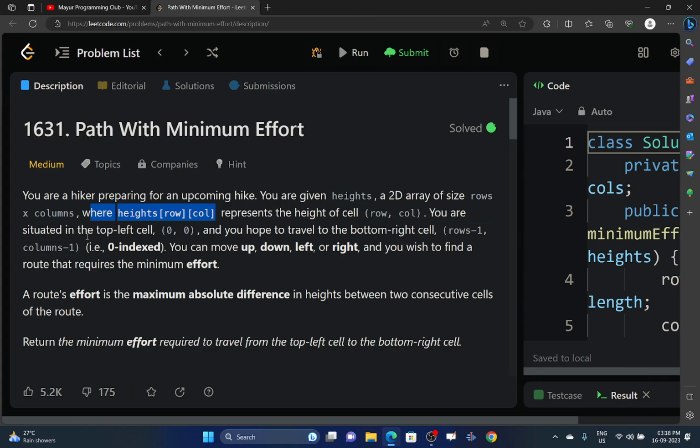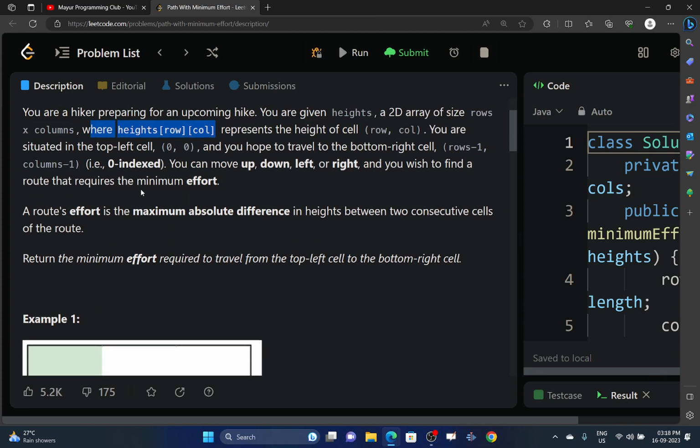You are situated at the top left cell 0 comma 0, and you hope to travel to the bottom right cell, which is row -1, column -1, since the array will be 0 indexed. So you can move up, down, left, and right in 4 directions, and you wish to find a route that requires minimum effort. And a route's effort is defined as the maximum absolute difference in heights between two consecutive cells